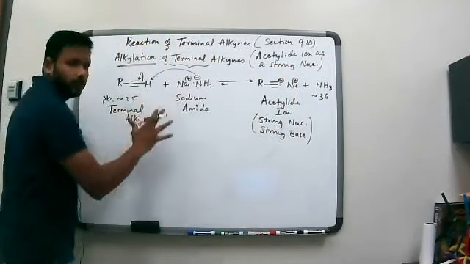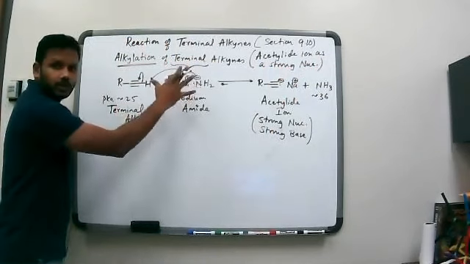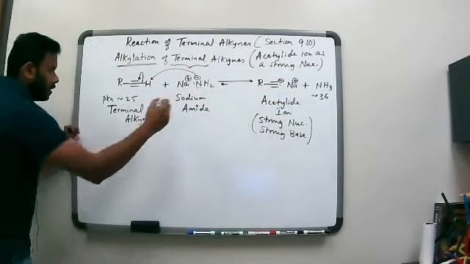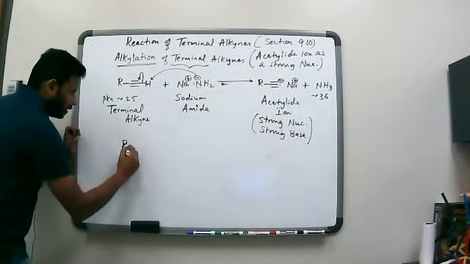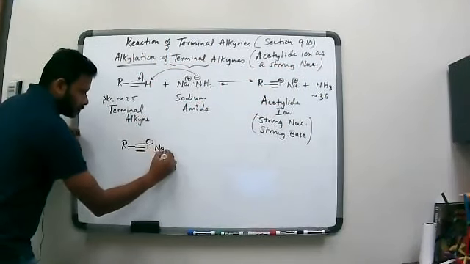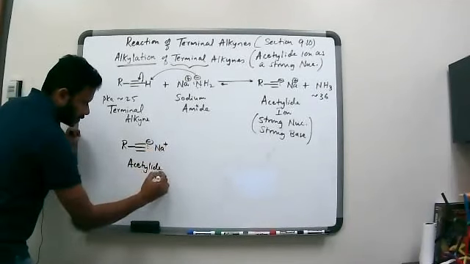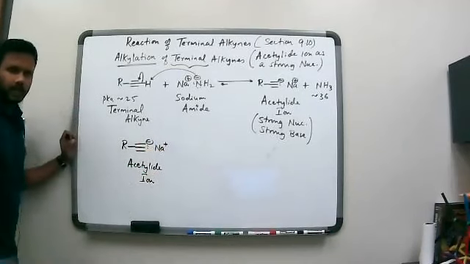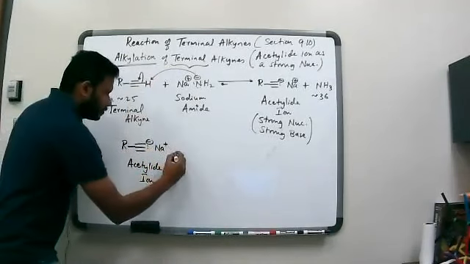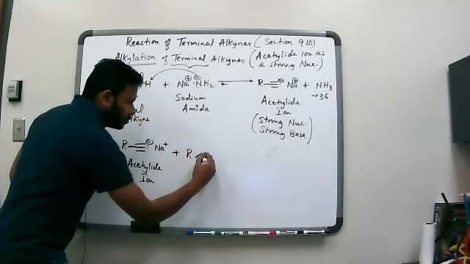So essentially what I can do is take a terminal alkyne and use sodium amide to deprotonate it to get the acetylide ion. Once I have the acetylide ion, this is a strong nucleophile and a strong base. So if I have this acetylide ion, and I react it with a